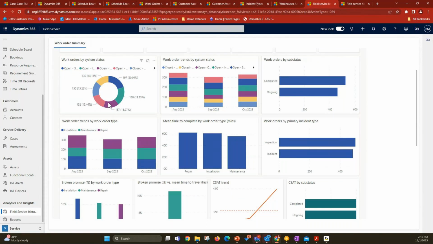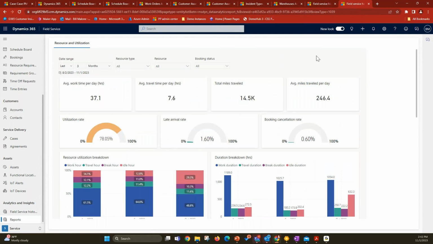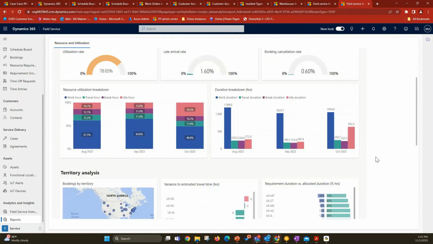And these are all responsive. So if I look at a particular category, I can click on it, and it will adjust any dependent tiles to reflect just the numbers in that category. Similarly, I can look from the perspective of resource utilization. So the average work time per day across all my resources for the last 3 months is 37.1 hours. That's pretty good in a 40-hour week. I see a 78% utilization rate. I see a very small late arrival rate,